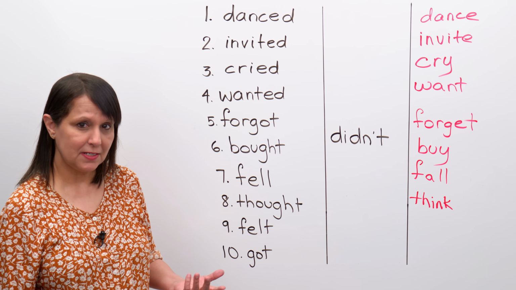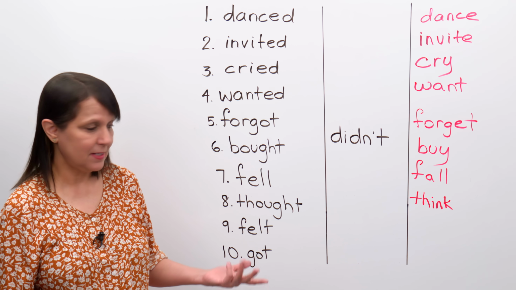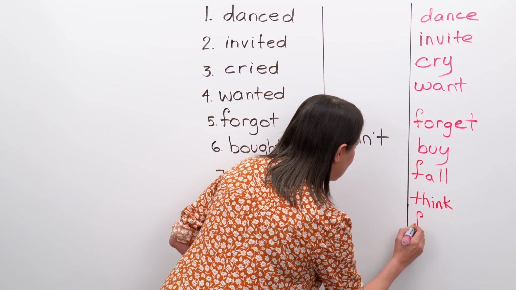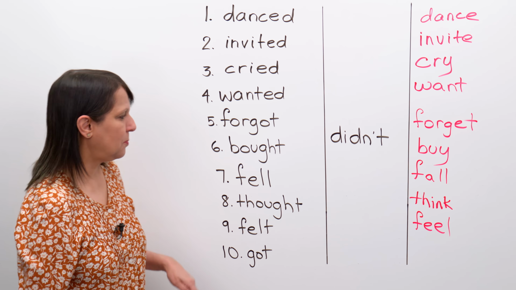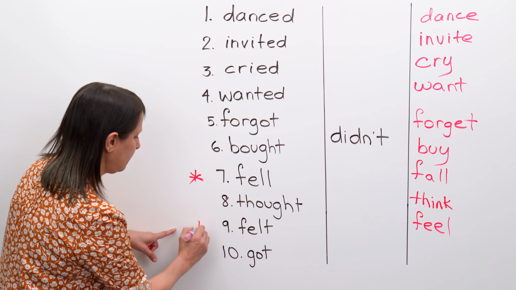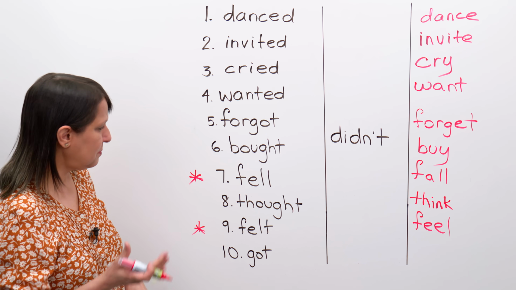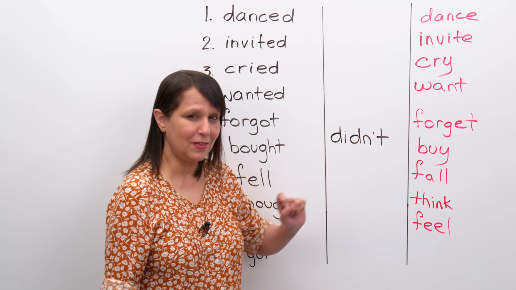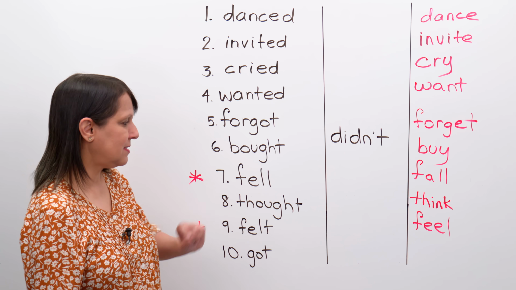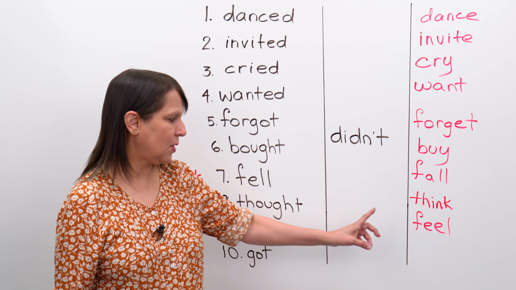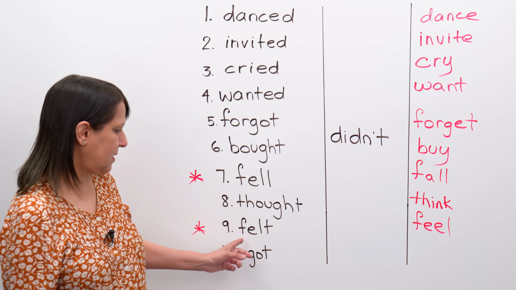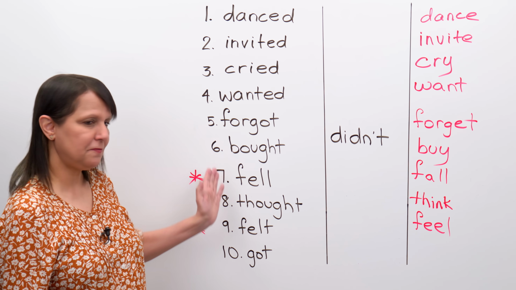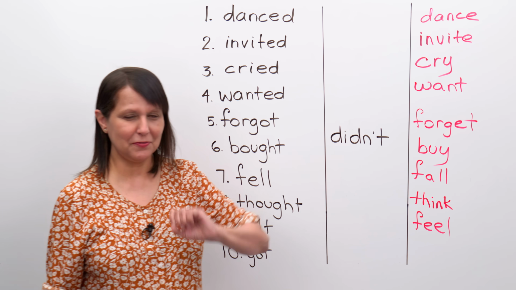Now look at number 9. She felt happy. The negative, she didn't. Which verb is that? Feel. Okay? So be careful of these two, especially. A lot of students make mistakes with these because they're a little bit close. So fell is the past tense of fall. And felt is the past tense of feel. So I feel, then, in the past. I felt, I didn't feel. He fell, he didn't fall. Be careful of those, all right?